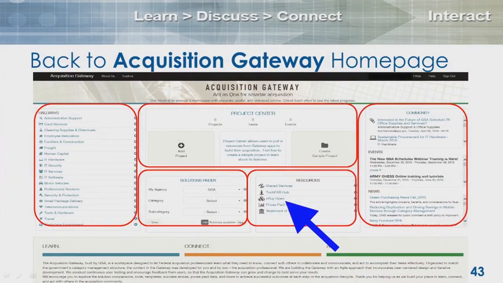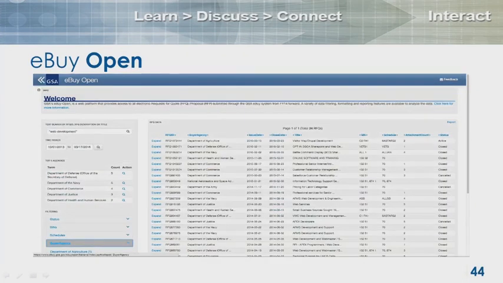We're back to the gateway after we've had a chance to explore those resources. We want to go into Ebuy Open and see if anybody else has been buying Agile development services. If any of you have used Ebuy as an RFQ distribution tool and wondered whether somebody else put out an RFQ for the same service, product, or problem that I'm looking at, this gives you insight into searching the last 18 months of RFQs that went out on Ebuy.